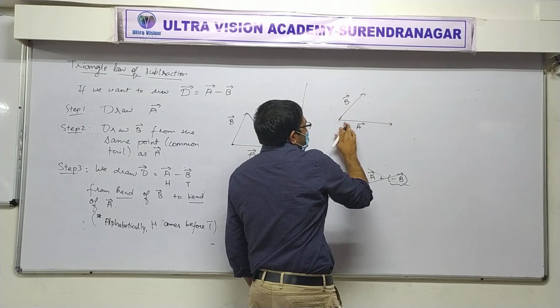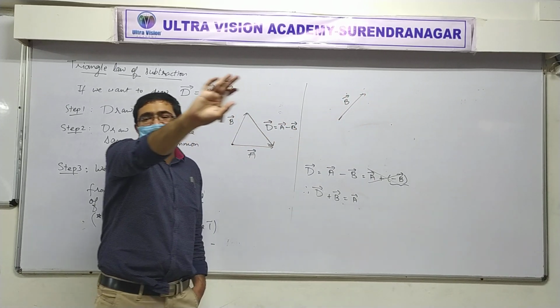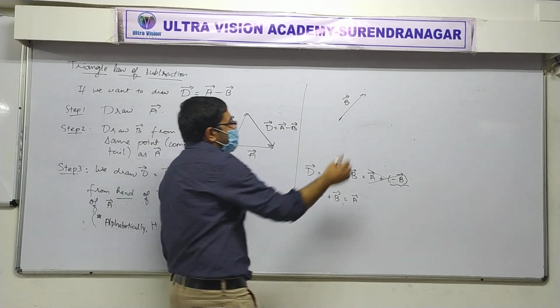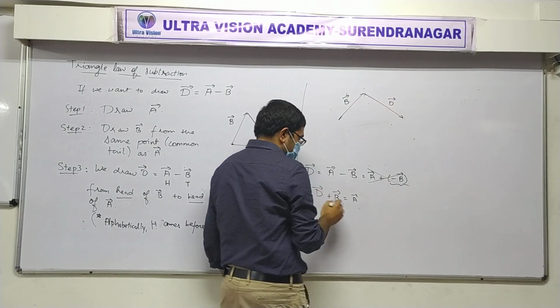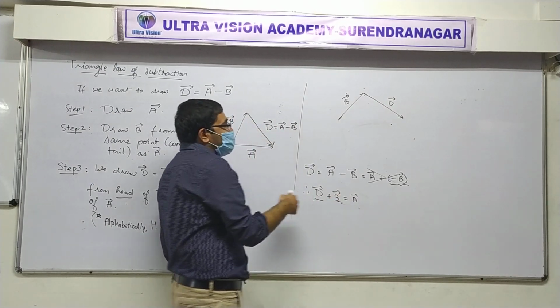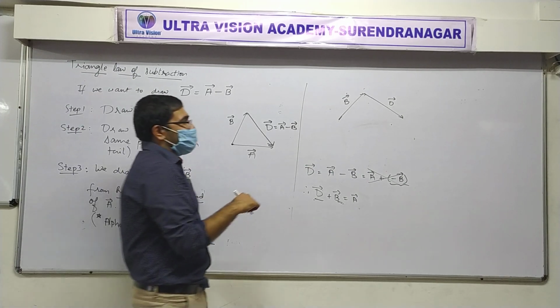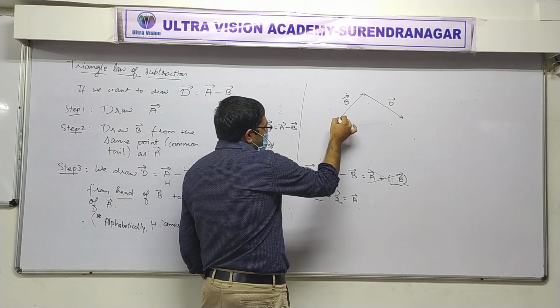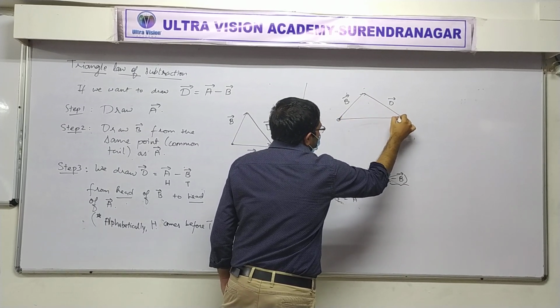This is b vector, correct? This fine, b vector is clear to you? From its head, if I will draw some vector d, let's say it's like this. Is this fine? But addition of those two is a. A is like resultant, correct or not? Resultant case is like from the tail of first to the head of last or second.